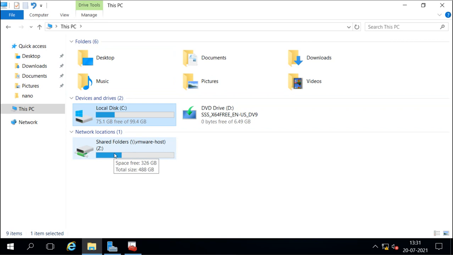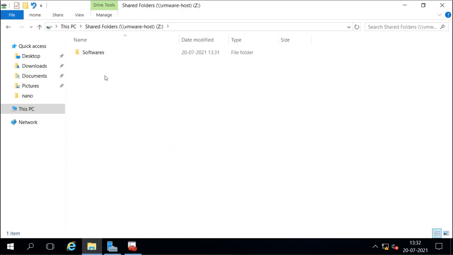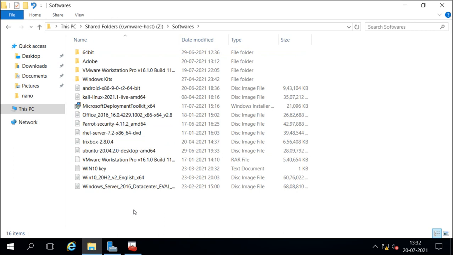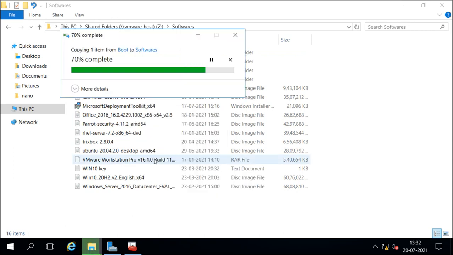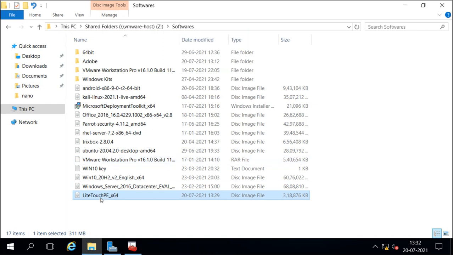So I will put this image file here in this folder. Now from here I can use this ISO file to boot another virtual machine. So now I will create a new virtual machine and I will use this file to boot that virtual machine.